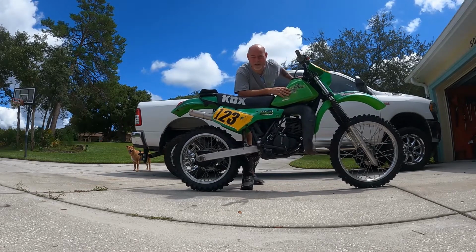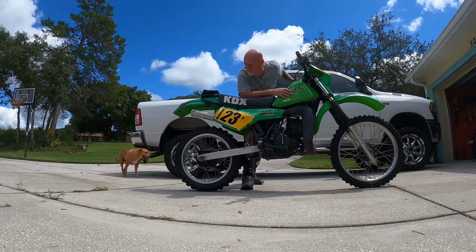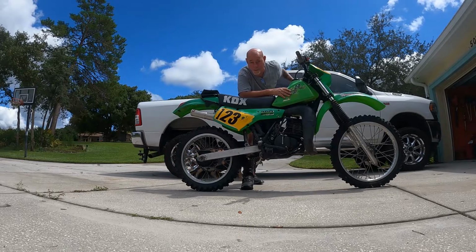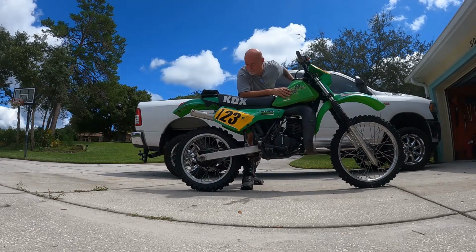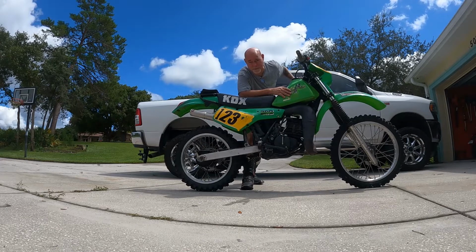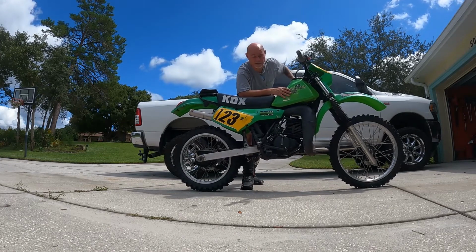I think she idles a little high, but I'm not going to mess with that now. Just kind of let her warm up. It's not warmed up. It's old. So she's done. I will deliver back to Daulton, and he should have some fun. I might even take it to Croom this weekend and screw around with it just to see how the suspension is. It's pretty soft, but